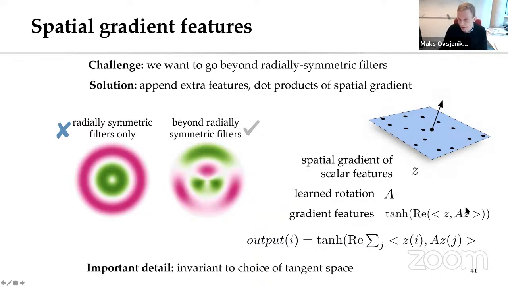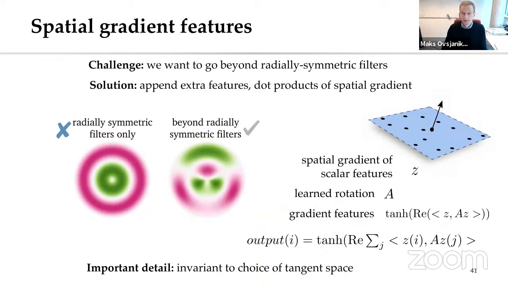And actually, there's a little trick: if you represent this matrix in complex form, you can represent both scaling and rotation. So when we have outward pointing normals, we can scale a gradient and also rotate it before taking this inner product, and that makes the expressive power a bit more. This basically makes us aware of the outward orientation. And this is very important: it is invariant to the choice of the tangent plane. So there's no local parameterization.